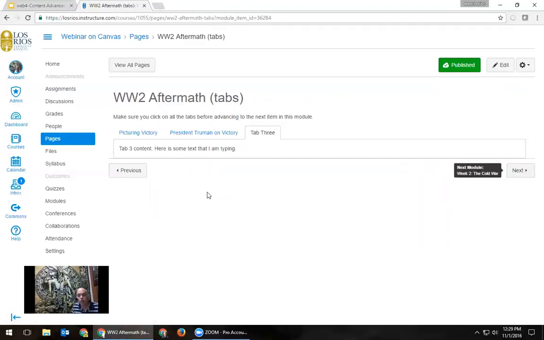So how I would use this, or why I would use this, is it allowed me to take what could be a really long content page and break it up. Instead of using those headings to break it up, I could use tabs. And as you've seen, it does take a fair amount of fiddling with the HTML. The key thing, again, to keep in mind is that the